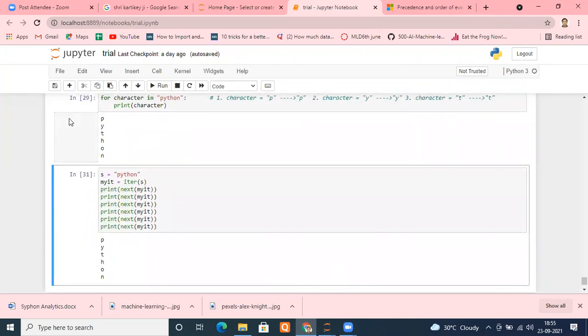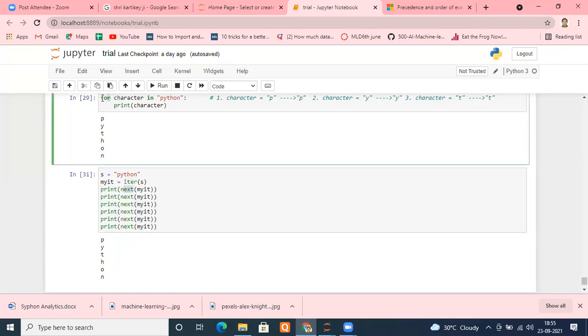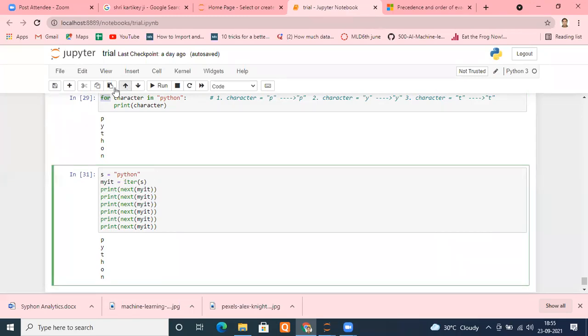Can you check, please? Both are giving the exact same output, and this iter method and next method happen internally inside your for loop. All this which we have done here is happening internally.